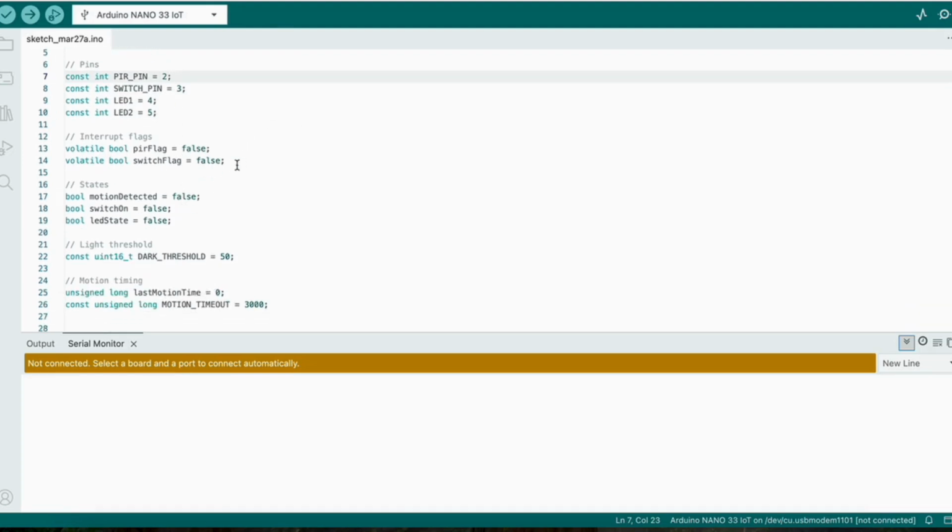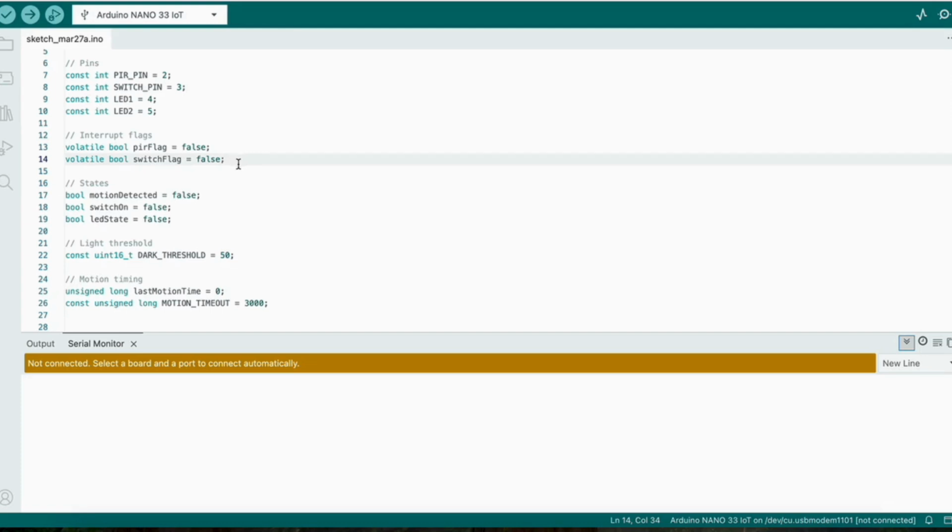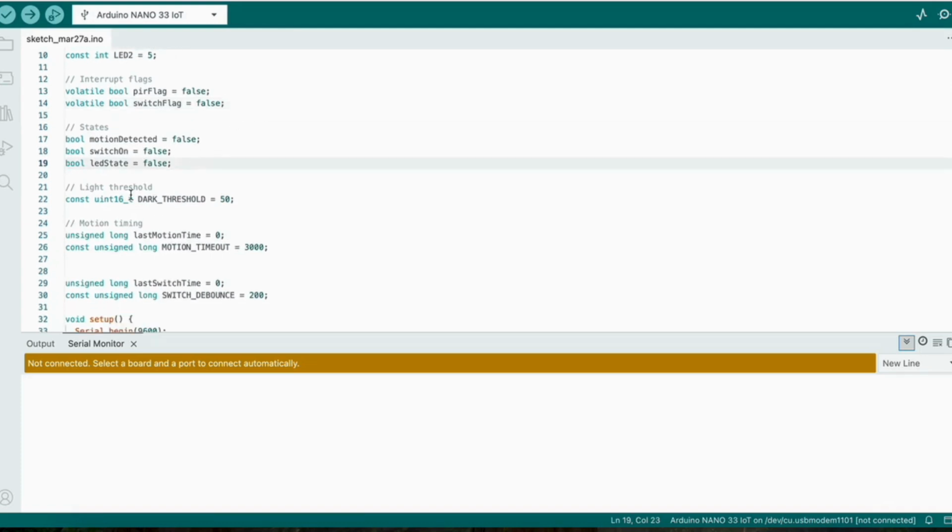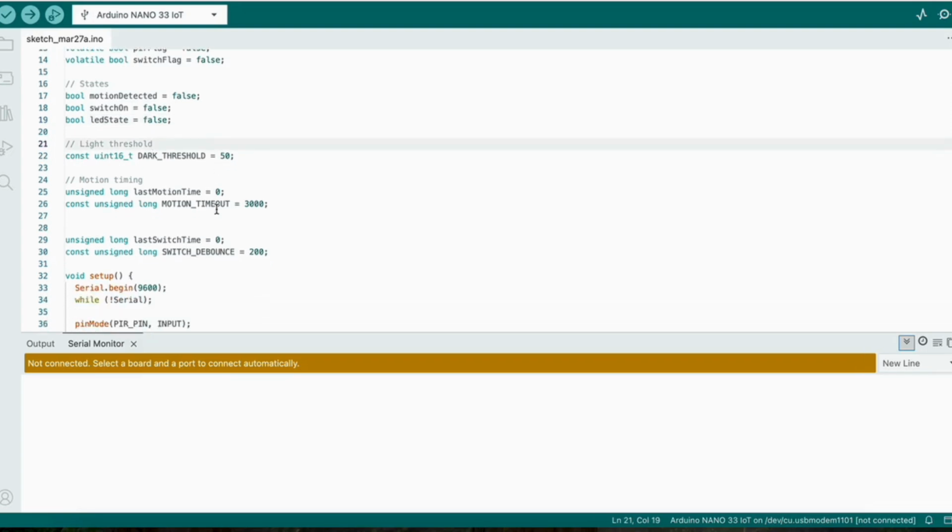We have our interrupt variables here, which we set as false at the beginning. Then we try to actually trigger these interrupts during our loop. Then we have our states, which technically manage the logic of the program. Then we have our light threshold, which is 50, and then our motion timing, which technically controls the timing of